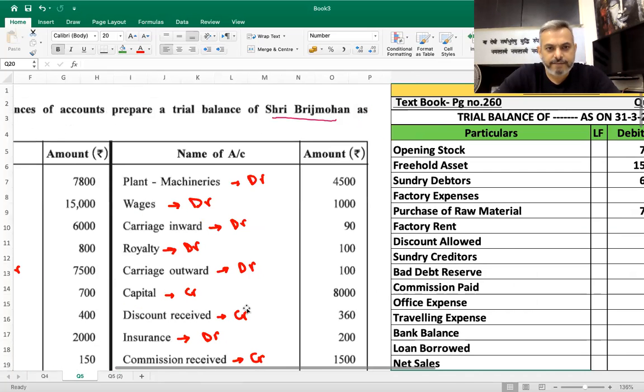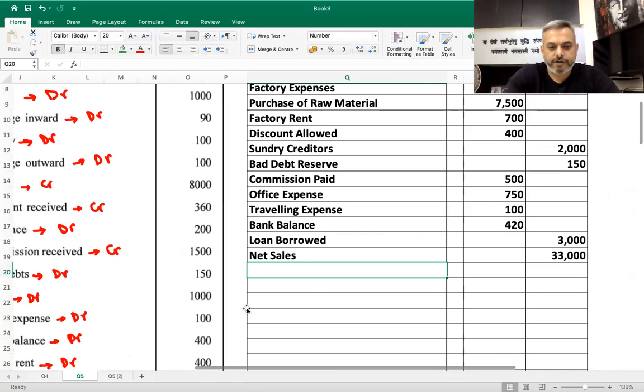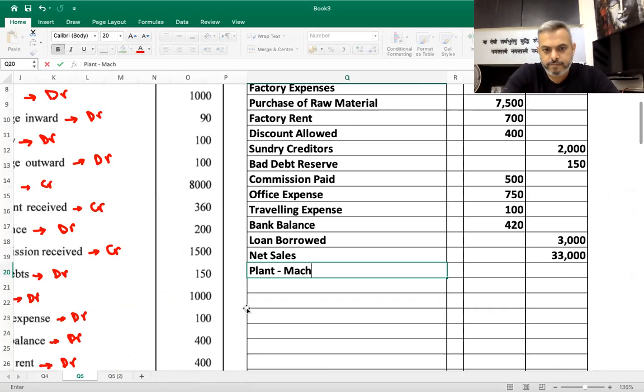Now plant and machinery 4,500, wages 1,000, carriage inward